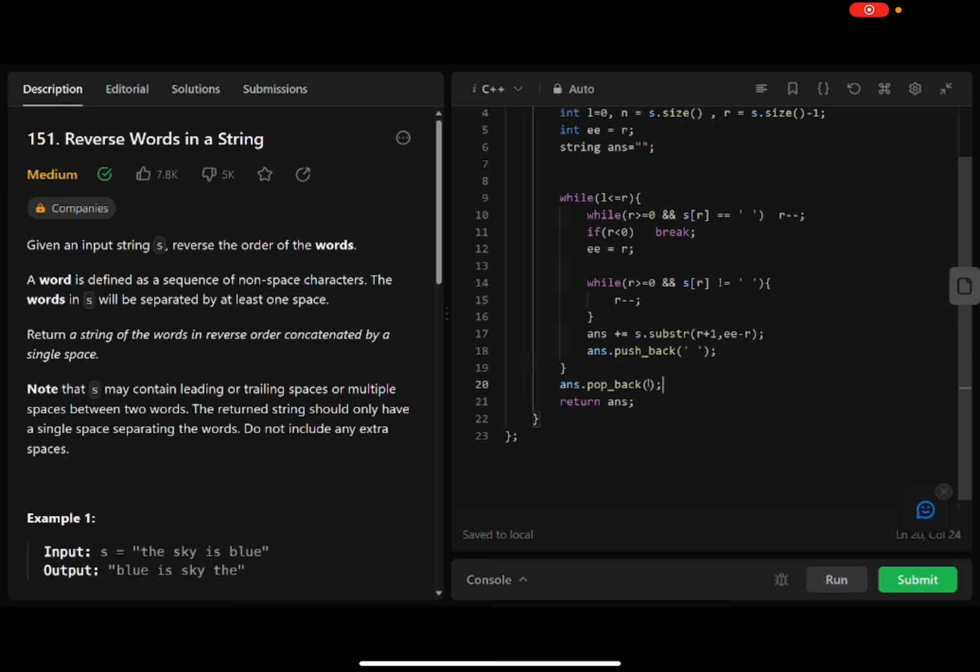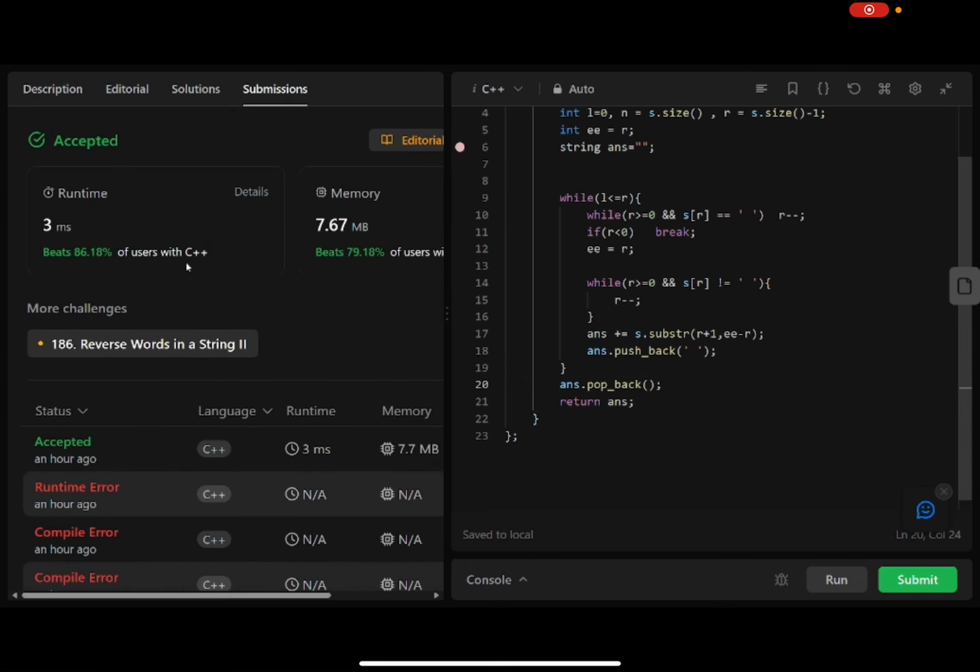In this string, we only have pop back and not pop front. This is the default function directly given from the string library. And after this, we just need to return the answer, and when we submitted this code, it beats around 86.1 and around 90% of the users with C++. So this is a more better